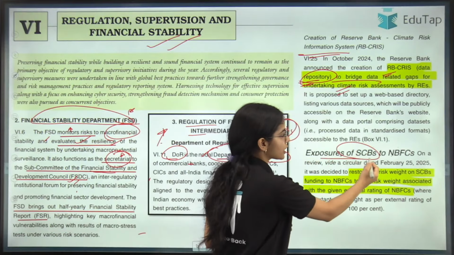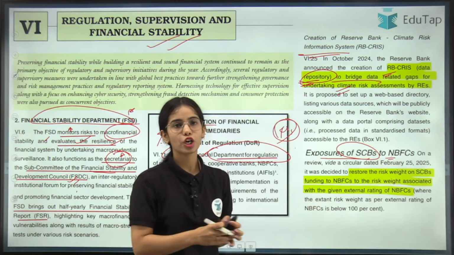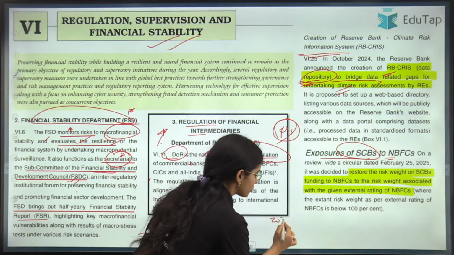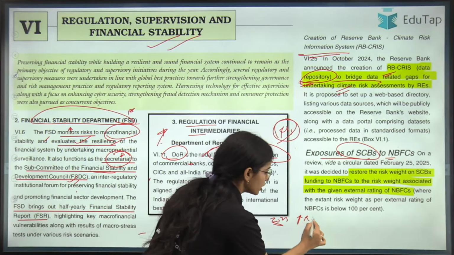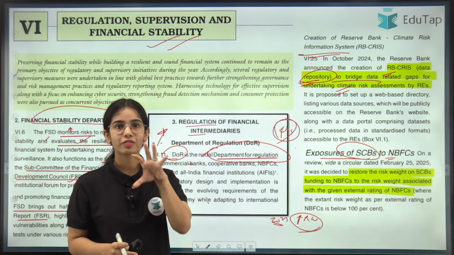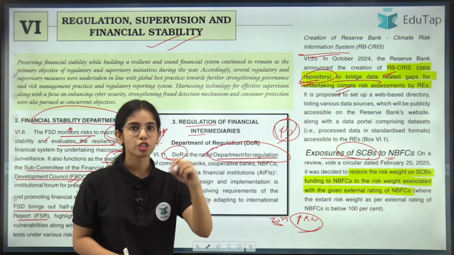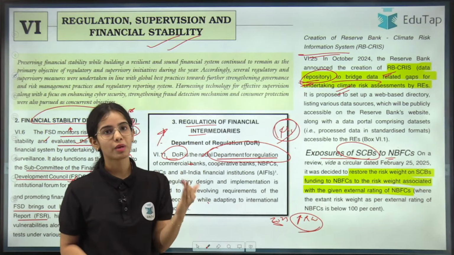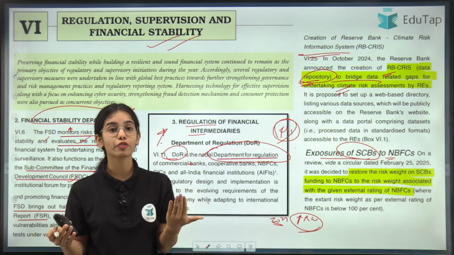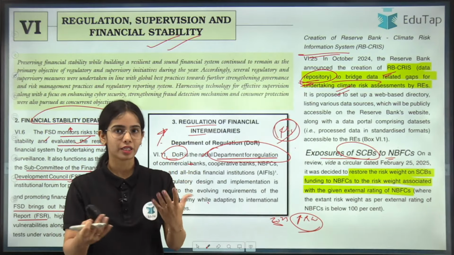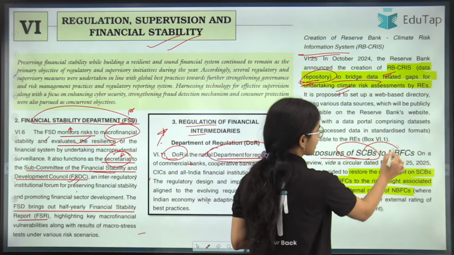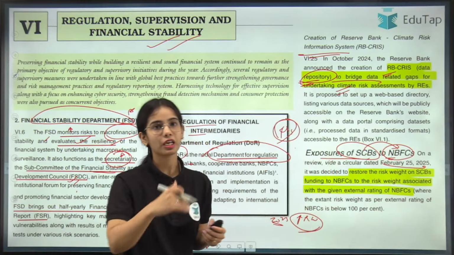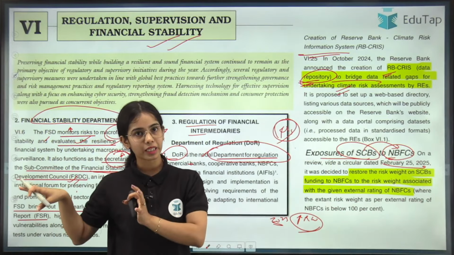Now, exposure of scheduled commercial banks to NBFCs. If you remember, in 2023 the risk weights were increased for the loans provided by scheduled commercial banks to NBFCs, because too much loan was getting provided from the scheduled commercial banks to NBFCs. So the Reserve Bank of India increased the risk weight. Now, recently in February 2025, it is said that the risk weight will be decreased to